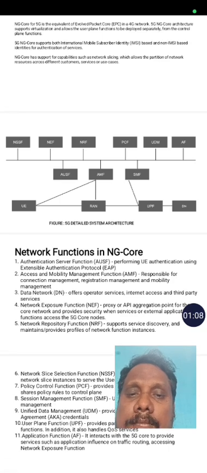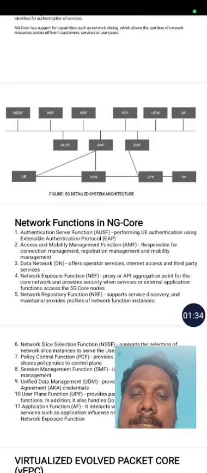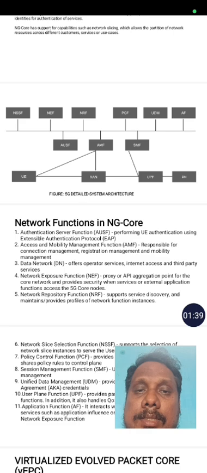The first one is authentication server function, AUSF. In the middle we have AUSF, AMF and SMF. The first among them is AUSF, that is authentication server function. It performs the UE authentication, that is user equipment authentication, using extensible authentication protocol. The next one is the AMF, that is the access and mobility management function. It is responsible for connection management, registration management and mobility management. Then the third one is the SMF,